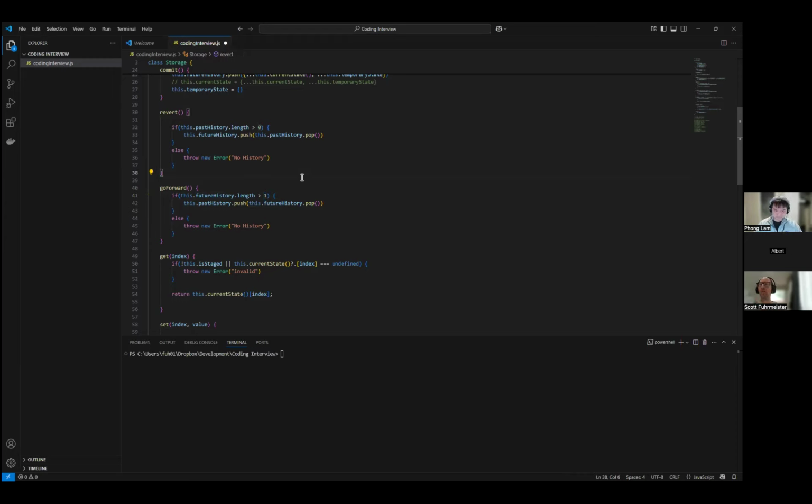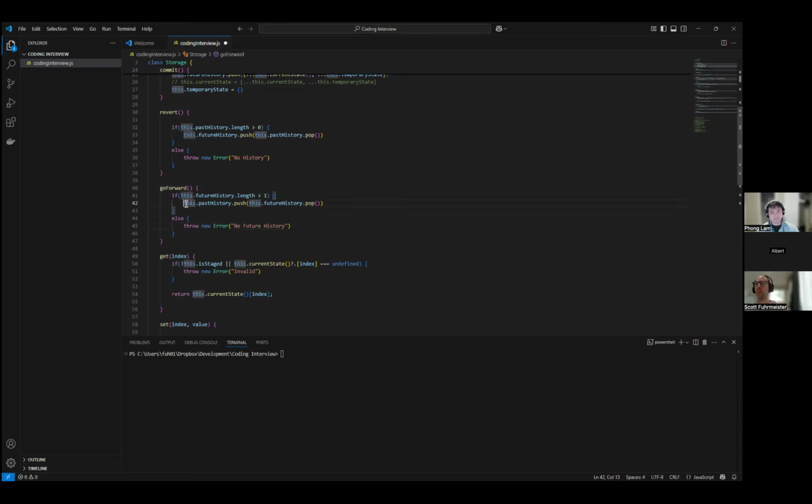Your current one is the first element of the future. So we're saying if there's more than the current element and there's another one, then we can move forward. Otherwise, we say no future history or something like that.